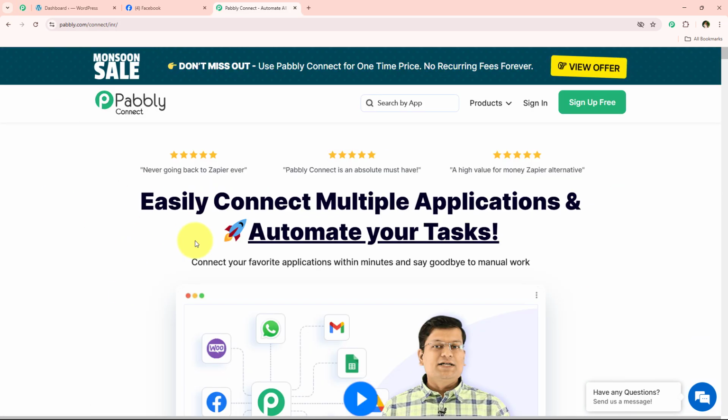Alright, I'm just going to move on forward and create this automation. For that, I'm just going to open the landing page of Pabbly Connect, and over here we are going to get two options. One is sign in and the another one is sign up for free. So if you are a new user, you can simply click on this sign up for free and you're going to get 100 tasks free every month to explore the application. But over here I'm an existing user, so I'm simply going to click on this button which says sign in,